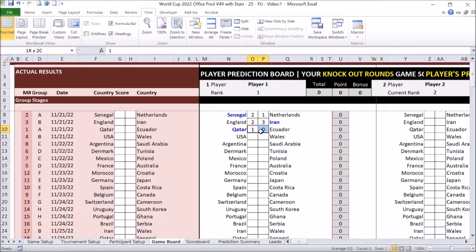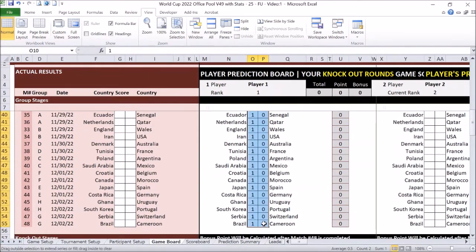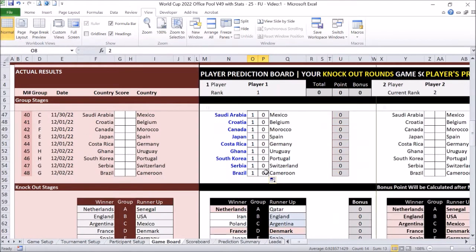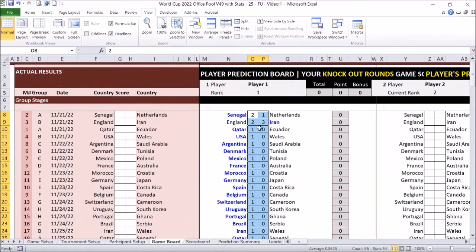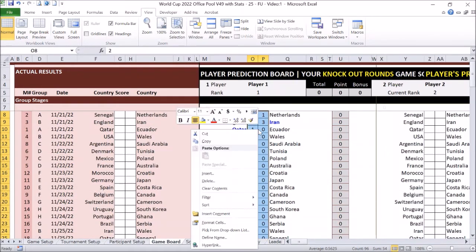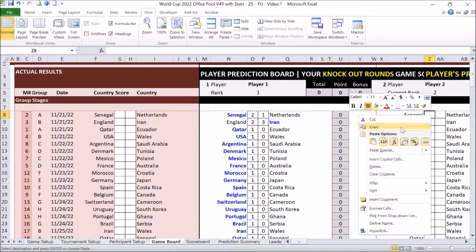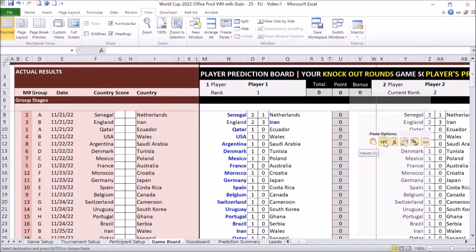Just to illustrate, for example, if you have this prediction in your player prediction sheet, just select this up until the bottom and then copy, press Ctrl C, or you can go here and copy, and then you can go here and just paste to player 2. Just select the one here, right click it, and then click here, paste as values.